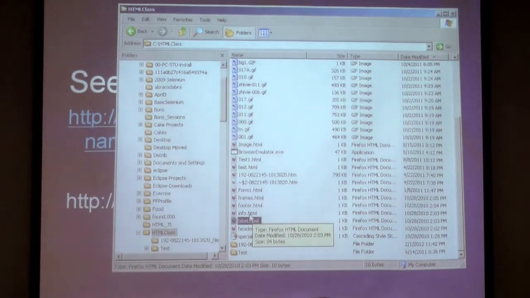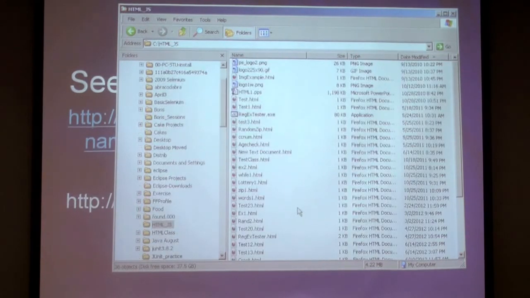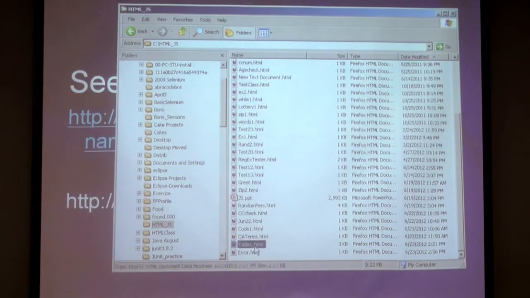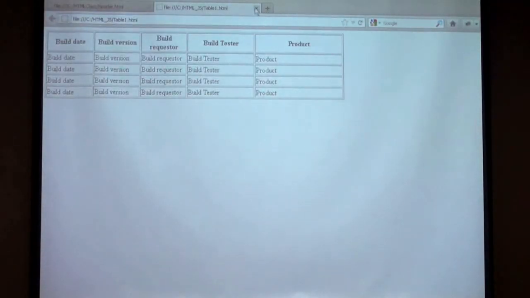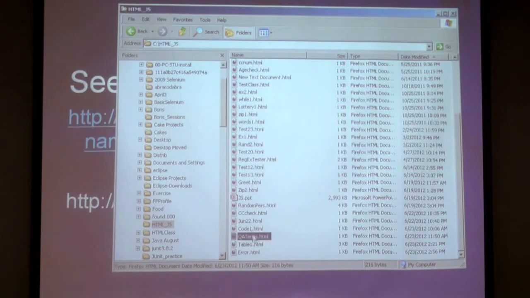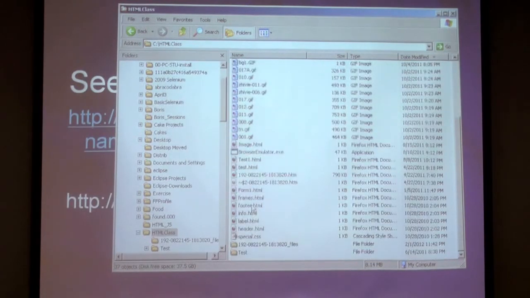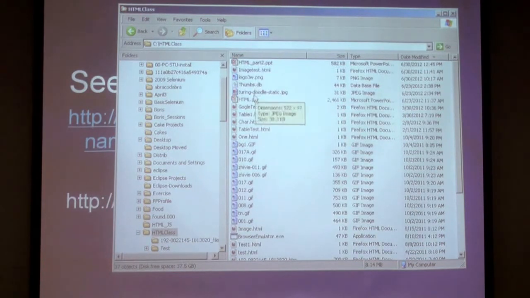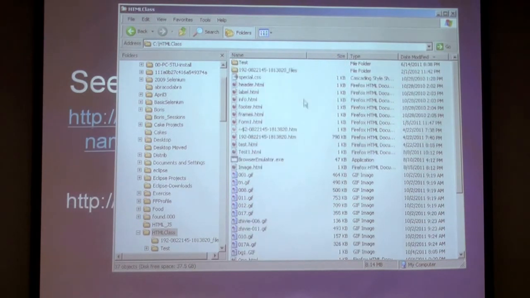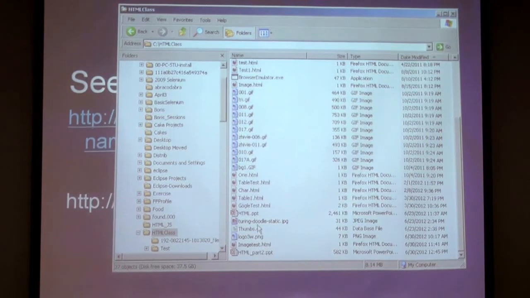No, let's see, what's that? 1026, 2010. No, looking at a different place. No, this one. No, where is that actually? Form. Well, okay, so